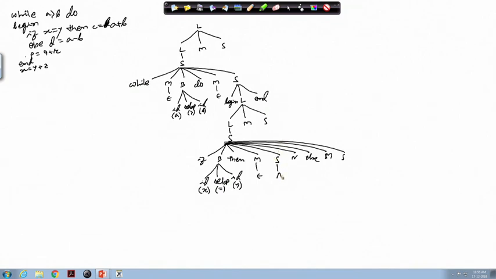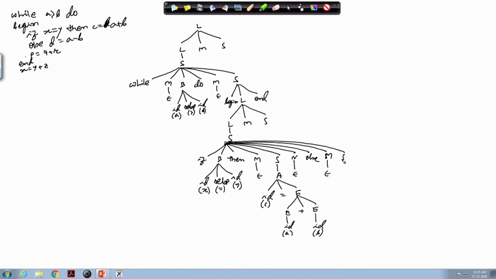So, this S gives me A, which is ID equal to E, this ID is C, and this E is E plus E, this E gives me ID which is A, this E gives me ID which is B. Now, this N will give me epsilon, this M will give me epsilon.